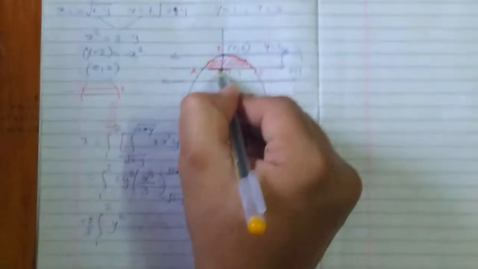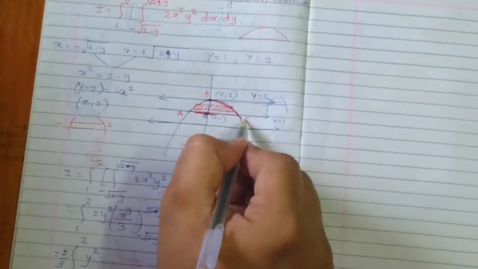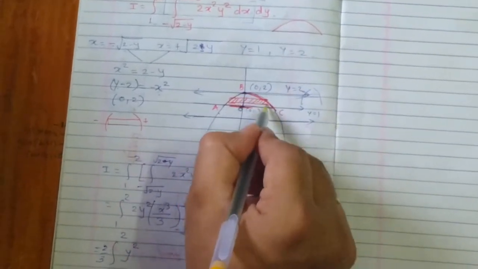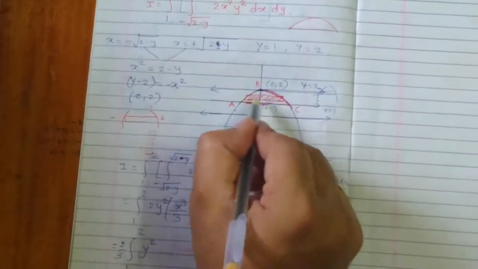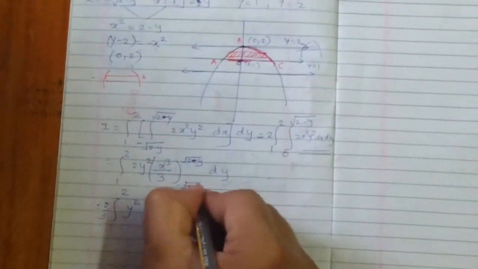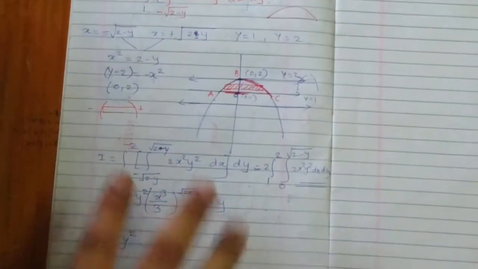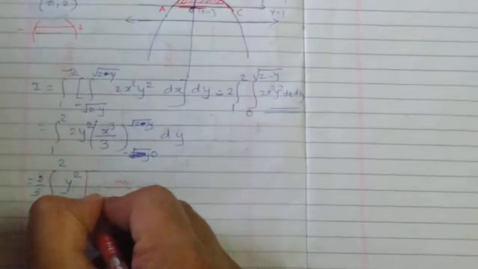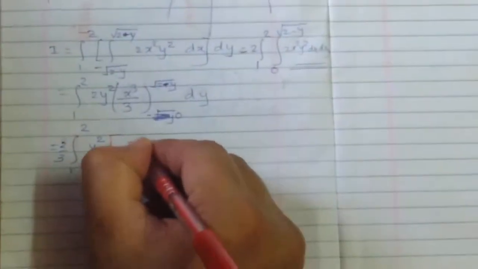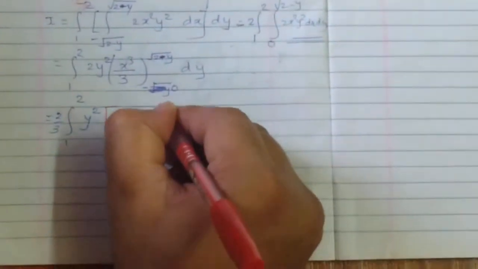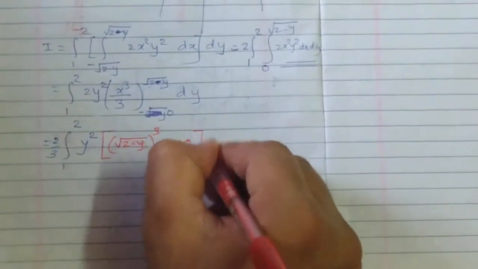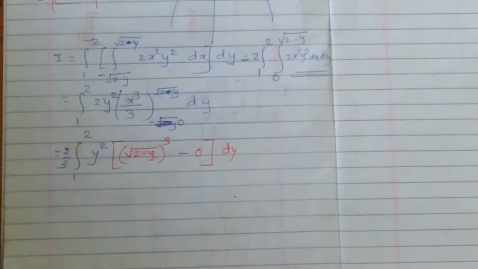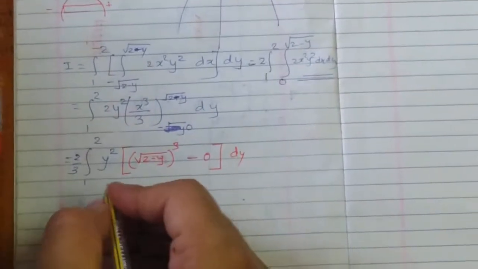So what I'm doing is I'm just evaluating it for this area. Okay, I'll make it O, B, C. Whatever the double integration I'm getting for this area, I'll double it, we get the total one. So here the lower limit is 0. Just to evaluate the limits, evaluate the answer, it becomes easy. That's why I made this adjustment. So this is square root of 2 minus y cube minus 0. Okay, I hope this correction is now clear to everyone.